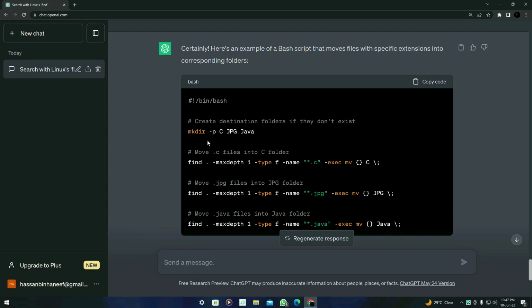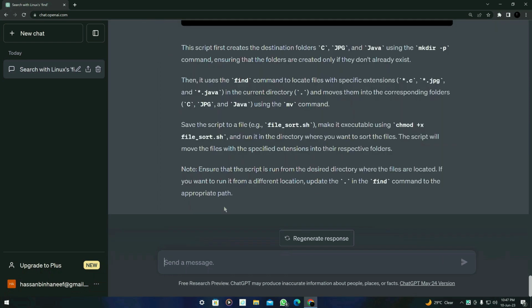This bash script will move the .c, .jpg, and .java files into their respective folders. First it will create the directories, and then it will find those files and move them to their respective folders. Let's move forward to the next bash script, which is about removing temporary files from a Linux